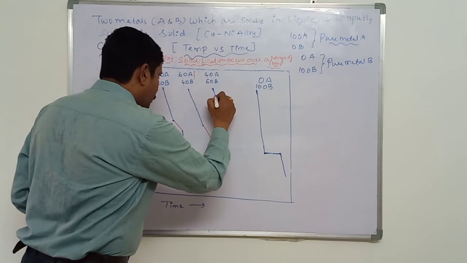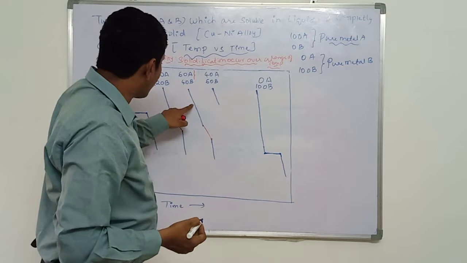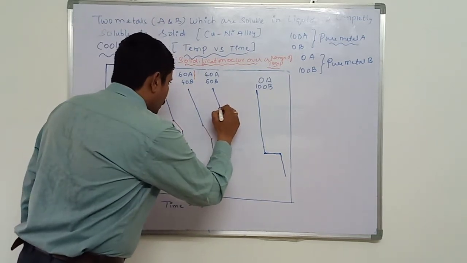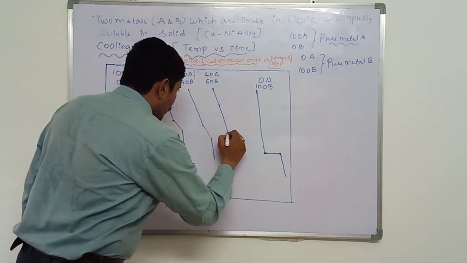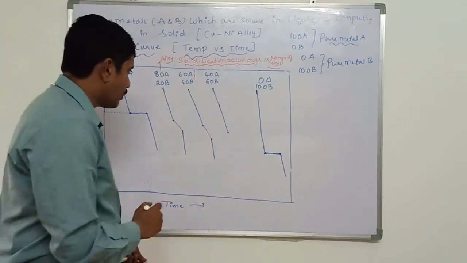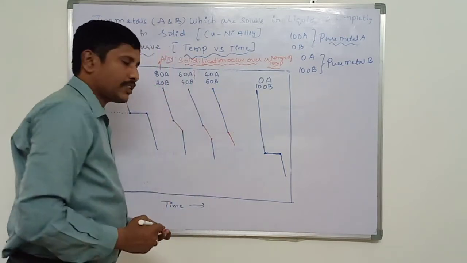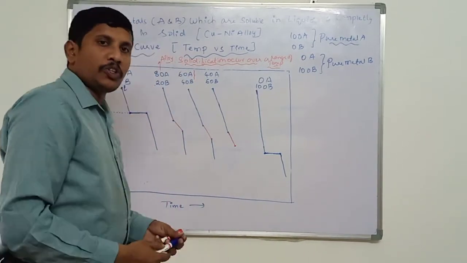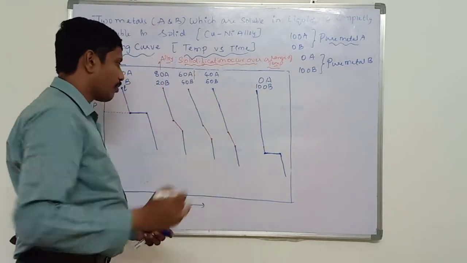So make it equilibrium cooling or slow cooling. I am doing a constant rate of cooling. So that's why I am representing with a linear line. So I am doing equilibrium cooling, right? So at this point, solidification will start. Now as it is an alloy, solidification will be carried over a range of temperature. Let us assume solidification completes here. So now we got the solid solution or solid phase. Let us bring the solid solution to the room temperature.